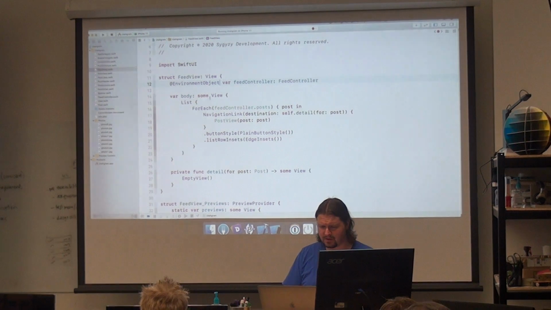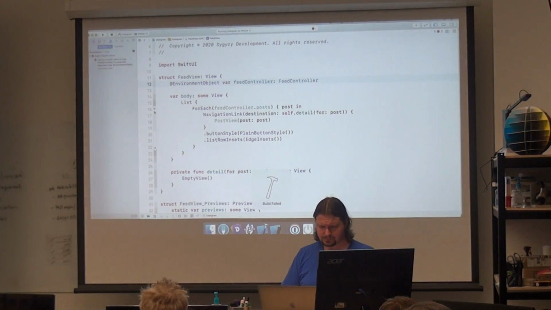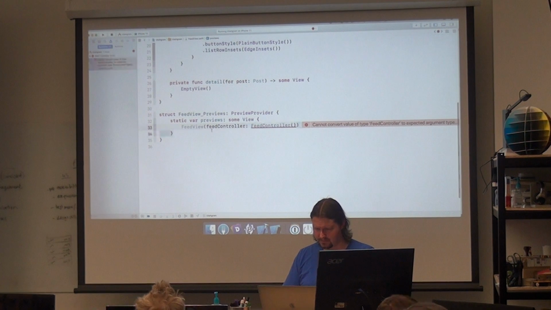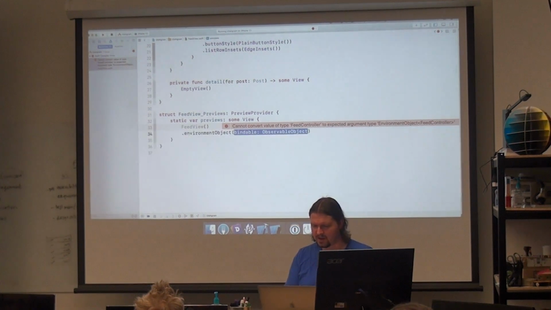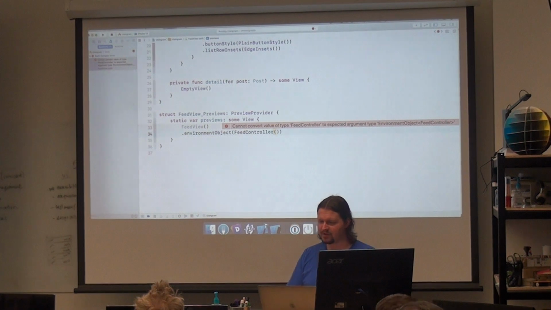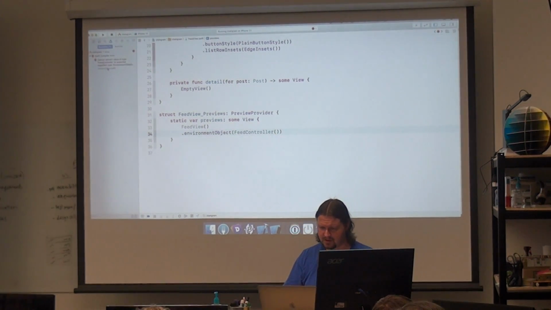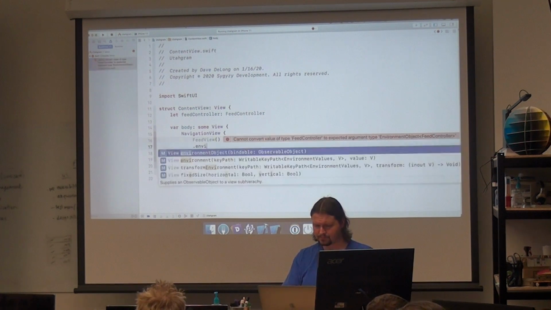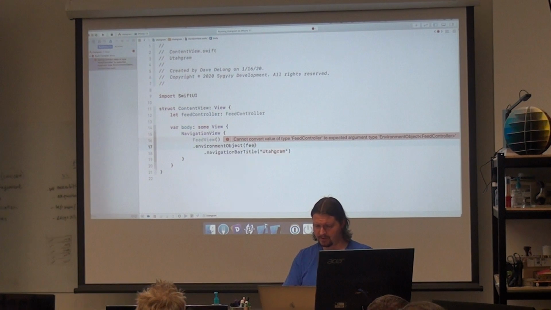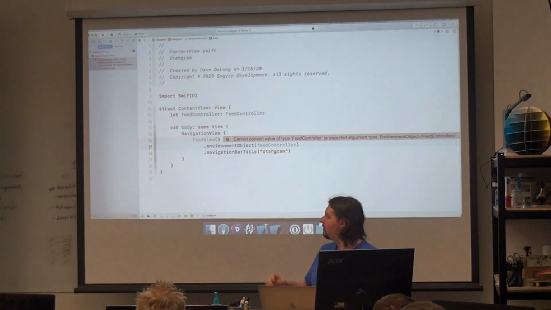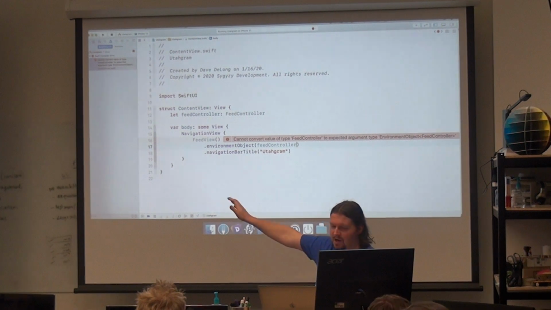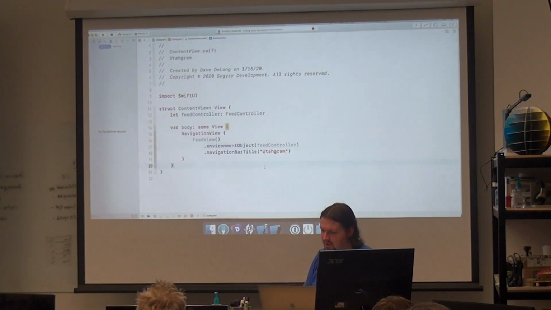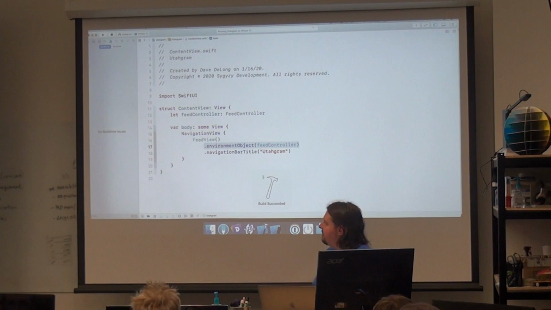environment objects. So here, now, we don't want to do this. What we want to do is, when we construct a feed view, we want to say, hey, I just want to pass in the feed controller as an environment object. And I've got to do that here in my feed controller. Okay? So this is a modifier on all views where I can say everything inside this view gets